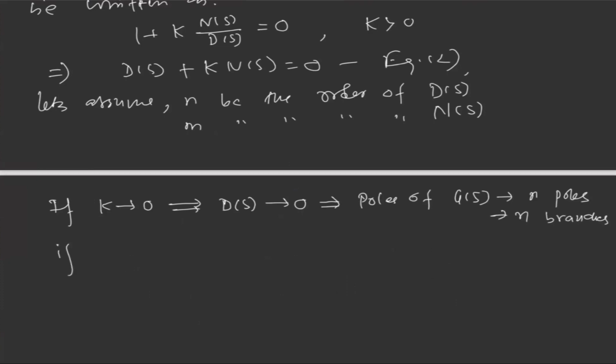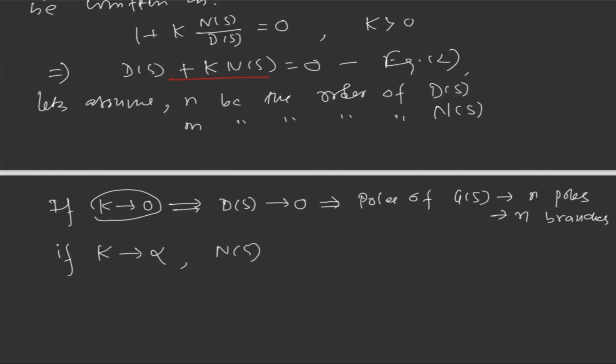N branches means how each pole on the root locus is going to vary with k. And if k tends to infinity in this equation, we can write